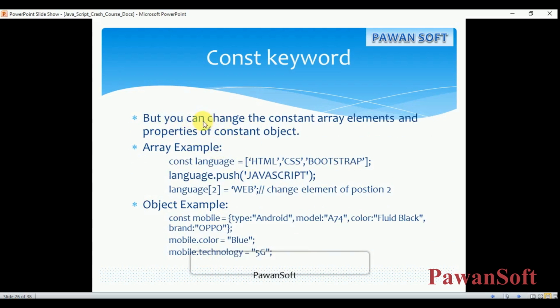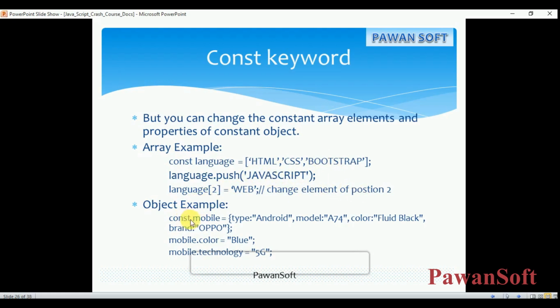But you can change the constant array elements and properties of the constant object, right? It means you can change using the push keyword. You can add a value using the push keyword, and at index 2 (0, 1, 2) you are changing the JavaScript bootstrap to web, changing the element at position number 2.